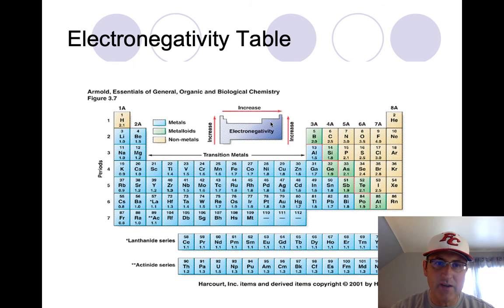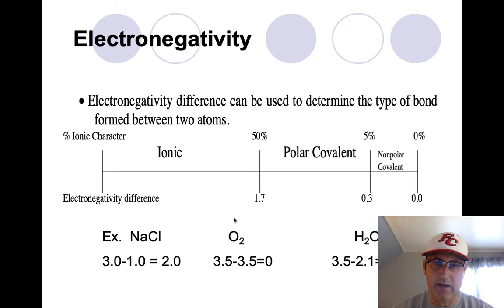Okay, so here's our electronegativity periodic table. You can use this as a reference if you look back at the PowerPoint for this section and for sections 1 through 4. We're going to use this to determine bond type, whether it is ionic, polar covalent, or nonpolar covalent. So if you look at this chart, this gives you the cutoffs, and